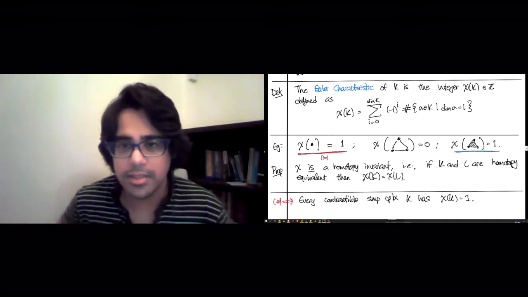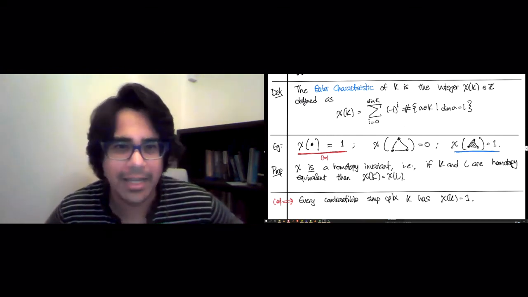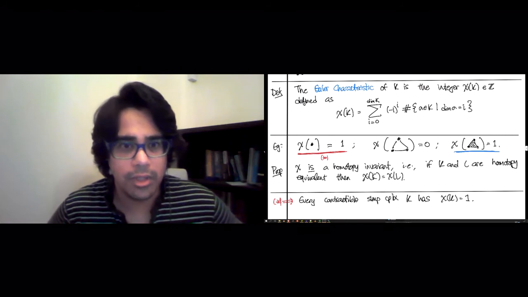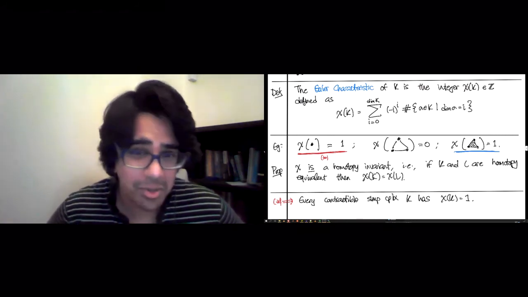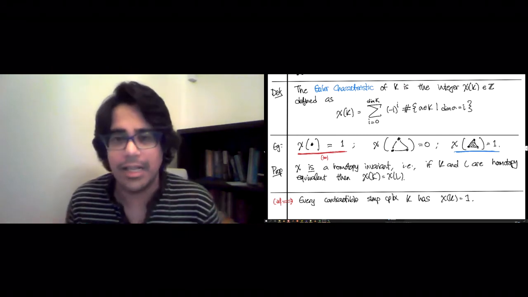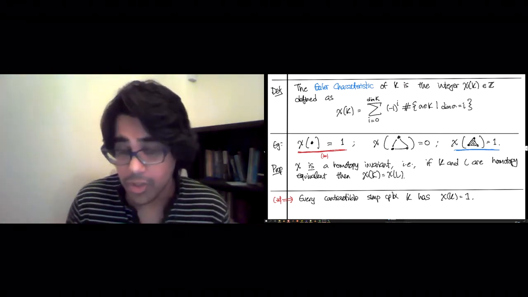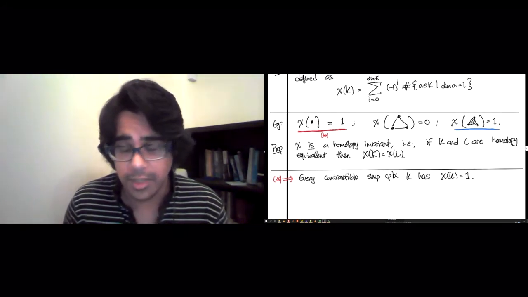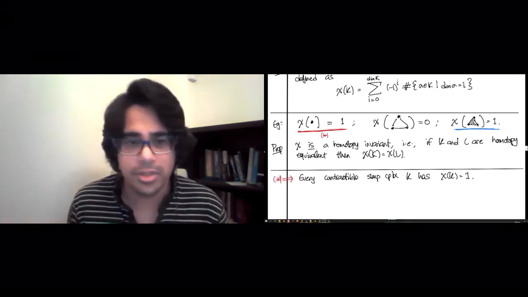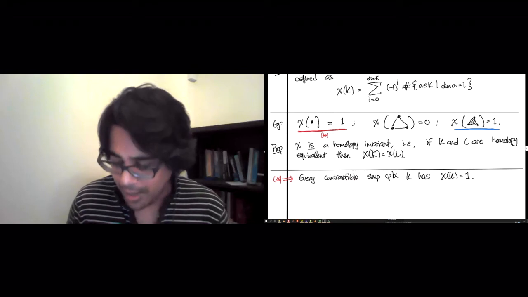We know that solid simplices are contractible, so that had to be 1 if you believe the proposition. I'm not going to give you a proof of the proposition. In fact, there is no simple proof of this proposition. To prove it, you have to build an entire algebraic machine, which is going to be the subject of this week's lectures. So let's punt on the proof for now, and instead,